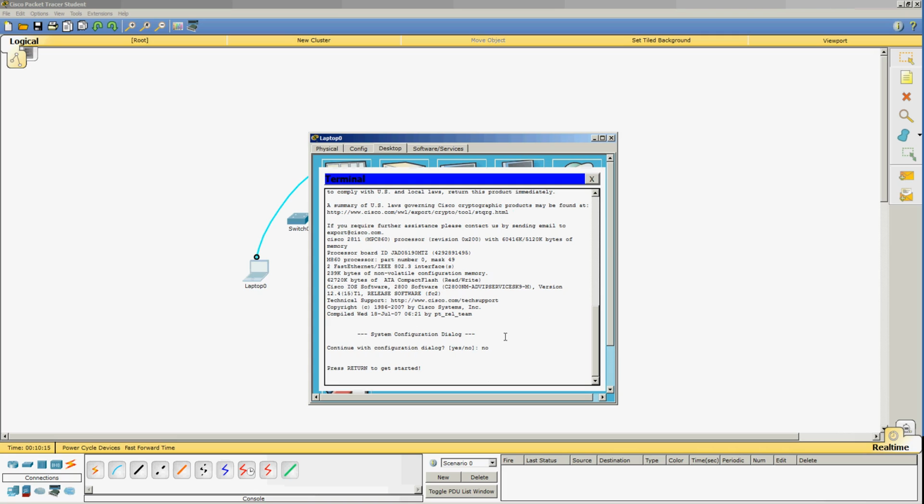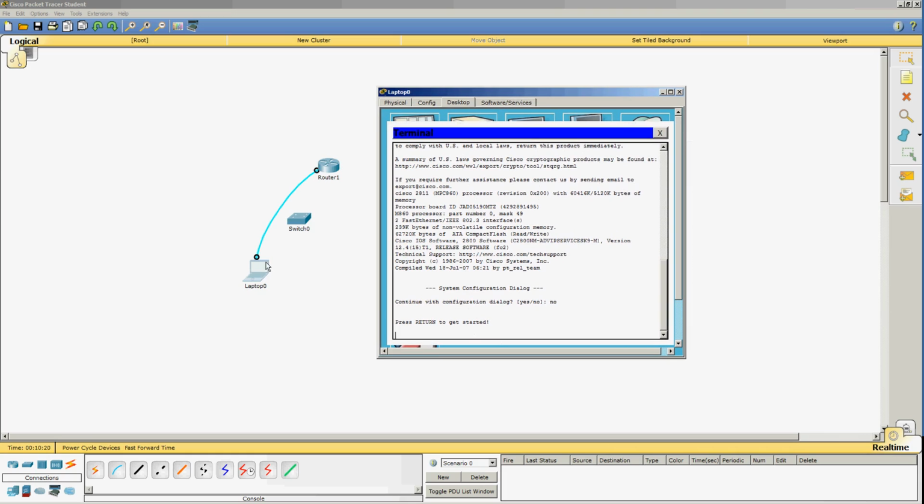So you're actually accessing this. You're actually using this laptop to connect to this device, which has no monitor, but you are emulating a monitor for this device by using this cable here to send data back and forth, and then your laptop is running a terminal emulation program, which is nothing more than a virtual screen so that you can actually see the router, what's actually running on the router. So that's how you would do it to connect to a router.